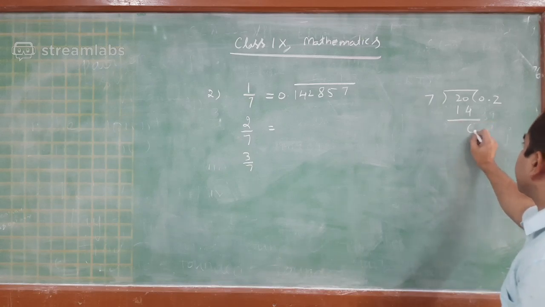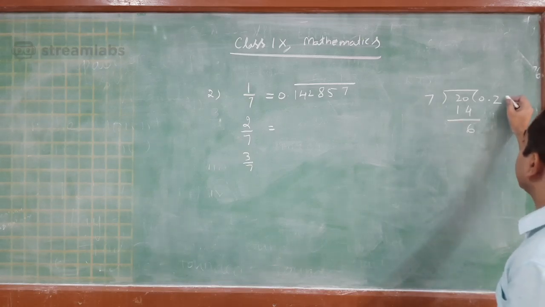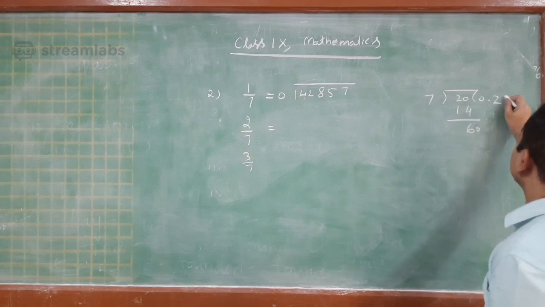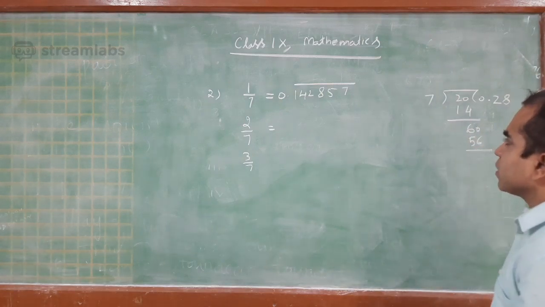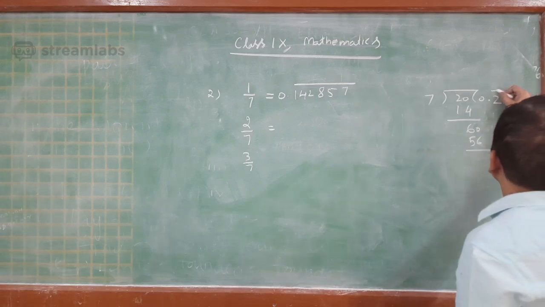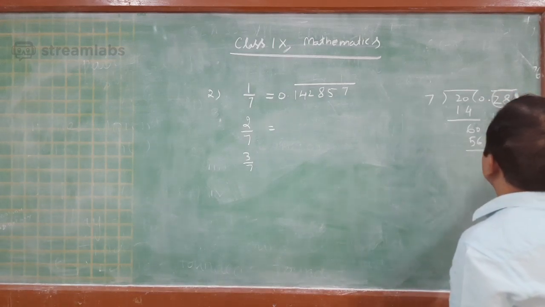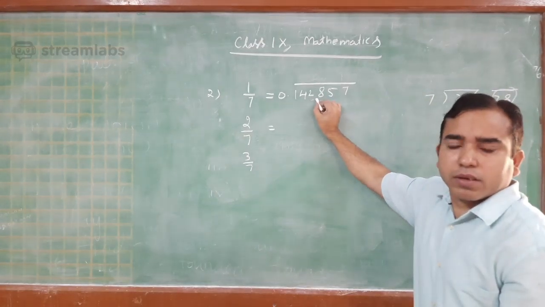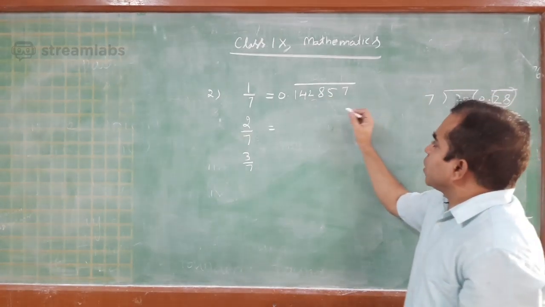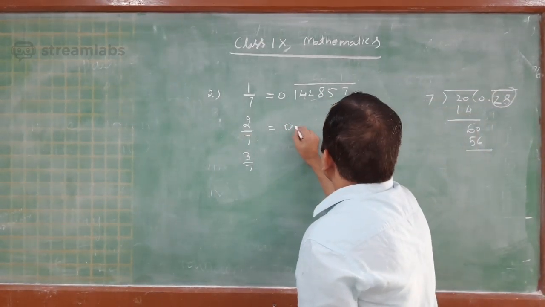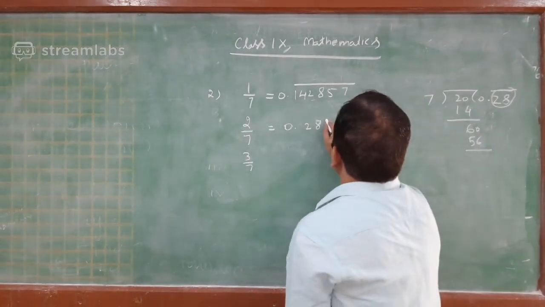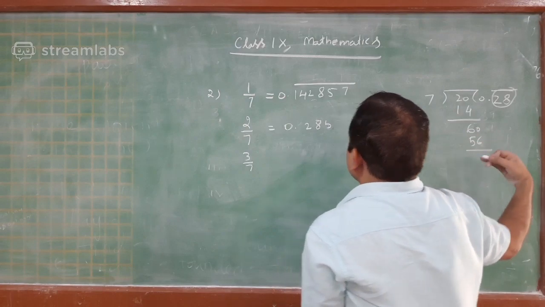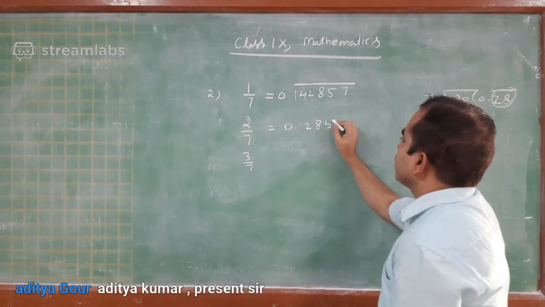And then 6 will remain and 60, and if you apply the division, it will be 7 8s are 56, isn't it? So if you see the pattern, 2 8, the same thing will come. It will start from 2 8, and after that the same types of remainders will come and the same kind of division will go,